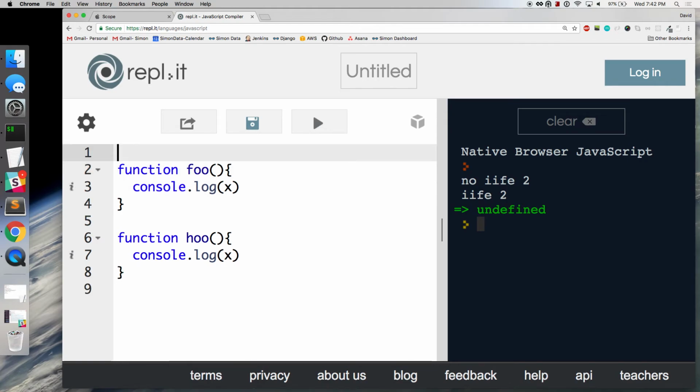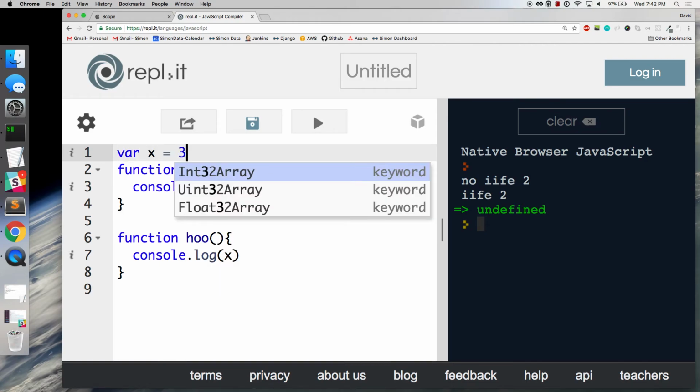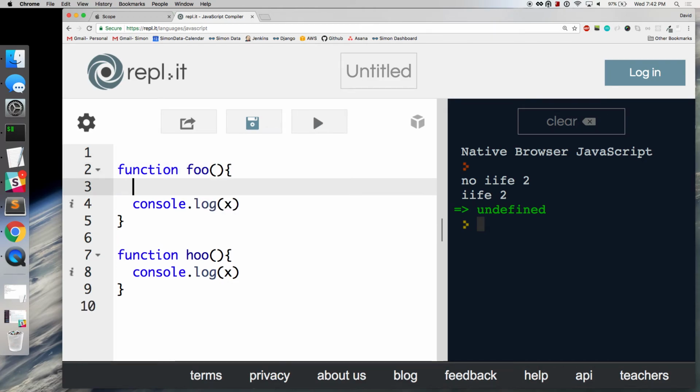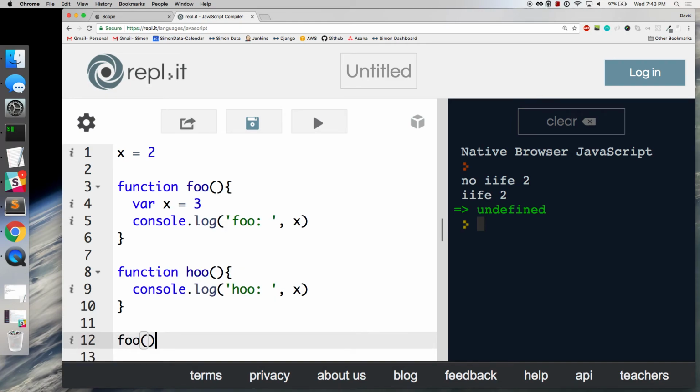So let's just say I have var x equals 3 here. Or actually, let's have var x equals 3 inside of here. Okay. And then I'll have x equals 2 out here. And then here I'll say this is foo, and here I'll say this is who. Okay, so now when I invoke these functions here,